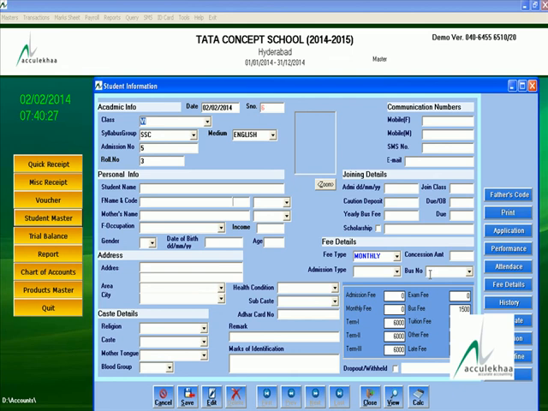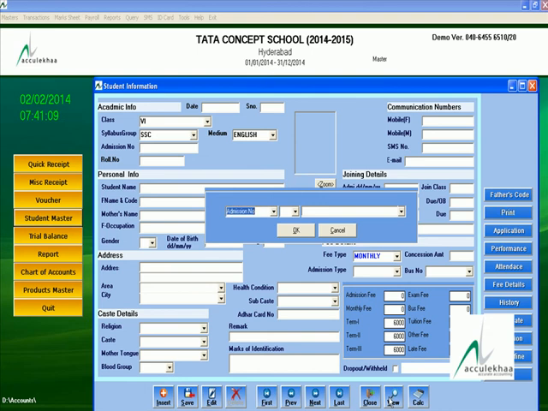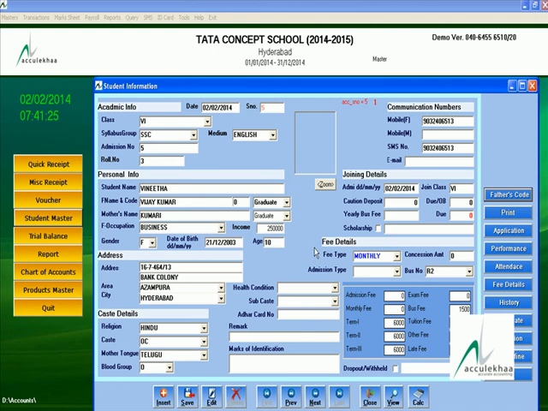you can enter all the student data, and suppose you want to retrieve any data directly through admission number or name, or you want to modify any data, you have to use this view button, and simply you can type the admission number, or you can select with this combo the admission number is equal to 5.